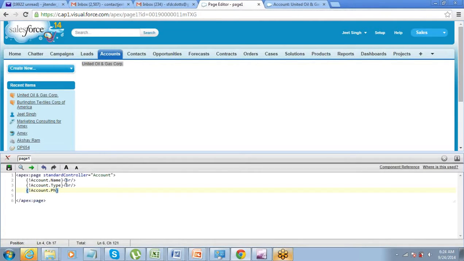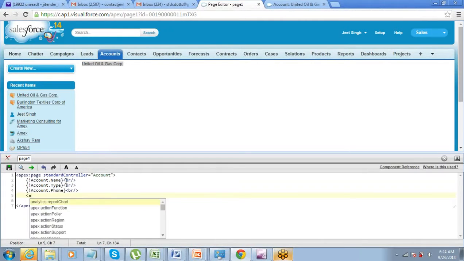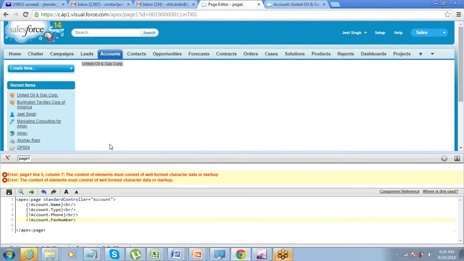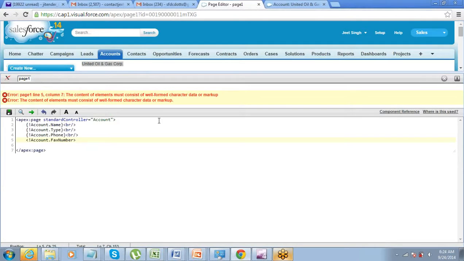You need to make sure what your field name is. When you save it, it throws an error. Can you just read the error and see what is wrong?